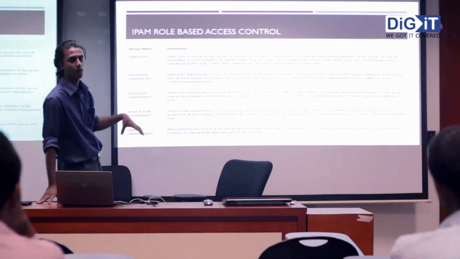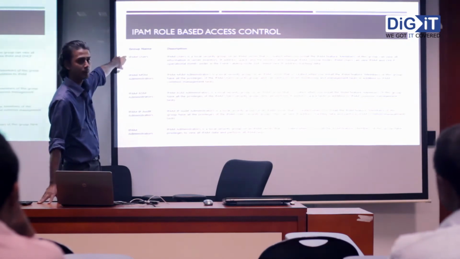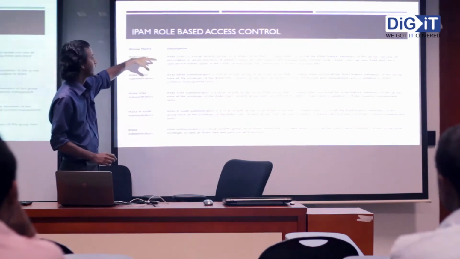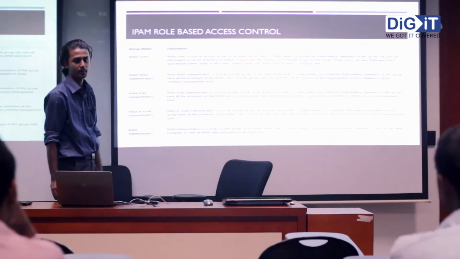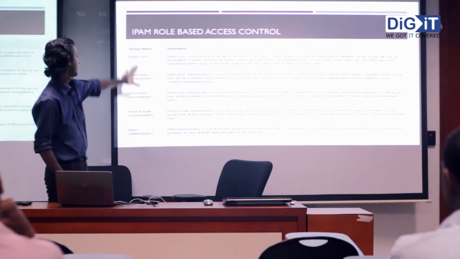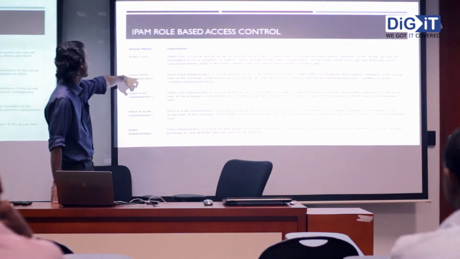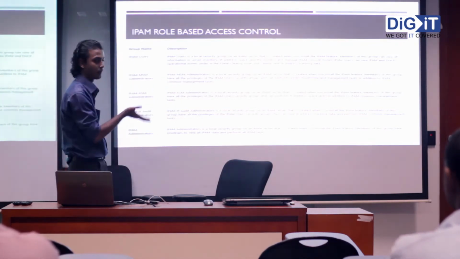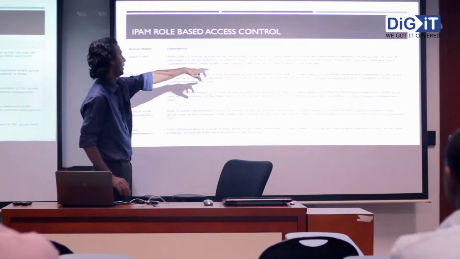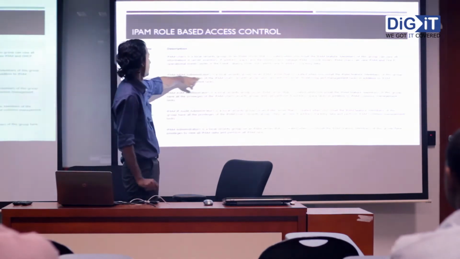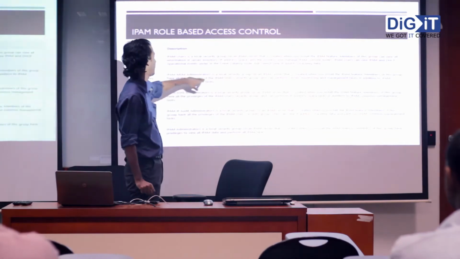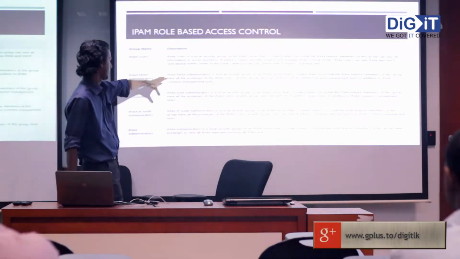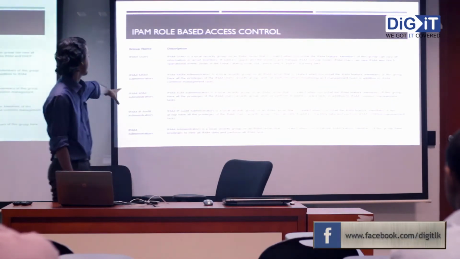This is the role-based access control of the IPAM server. There is a user group called IPAM Users. Users who are in this group can only read the data from your IPAM database. Then IPAM MSM administrators. This is a local security group. When you are installing IPAM, this group will be created on your server. And what you can do is create the IPAM user security group, and you can perform server monitoring and management tasks in addition to IPAM management tasks.